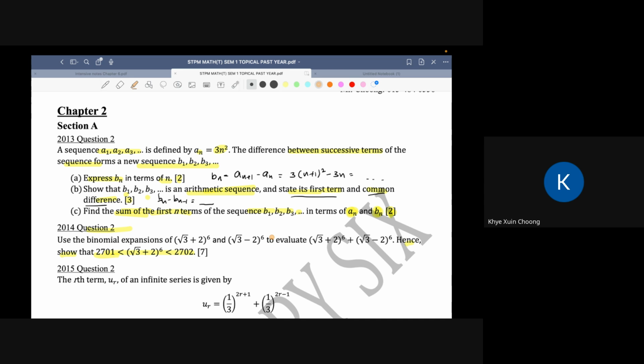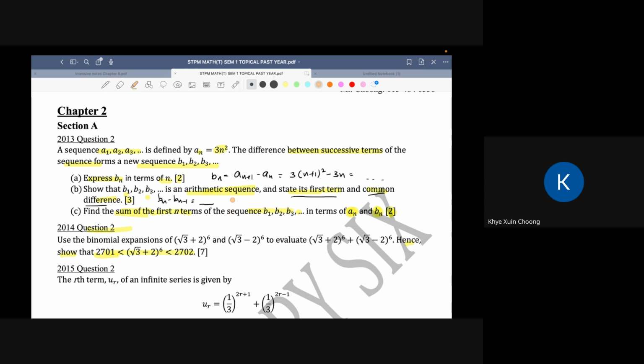An A student might not be able to solve the whole question, but they know how to solve the parts that they know how to do. They will know how to skip the difficult part. Okay, so if you don't know how to skip the difficult part, you are stuck on the difficult part and waste your time. So for this question 2, let's say there are some simple things that